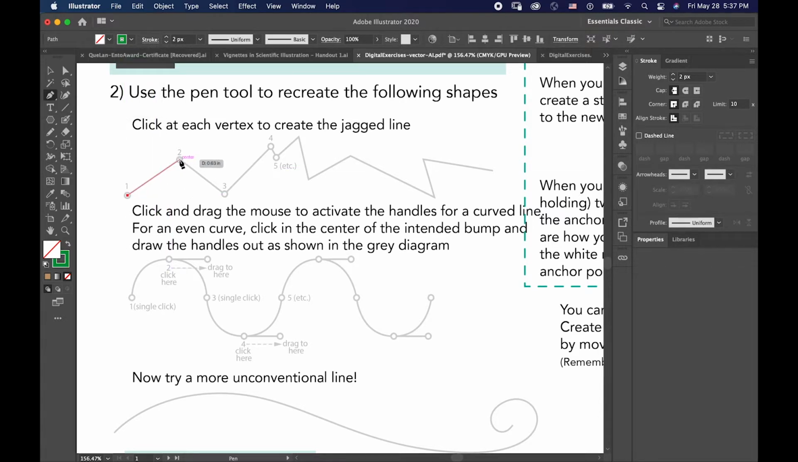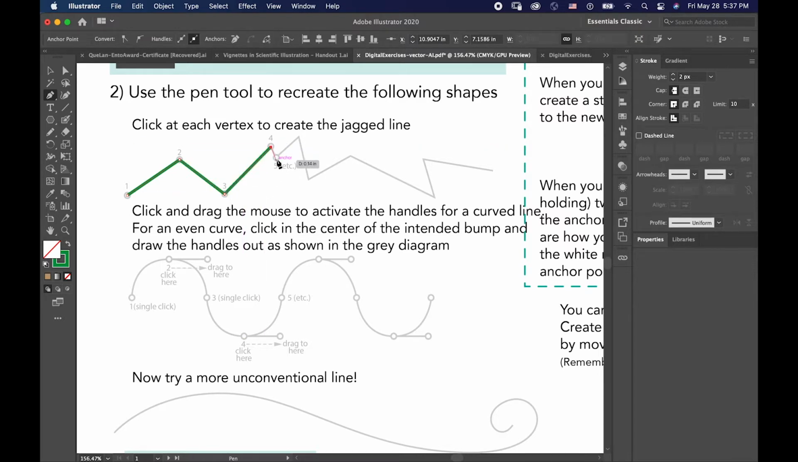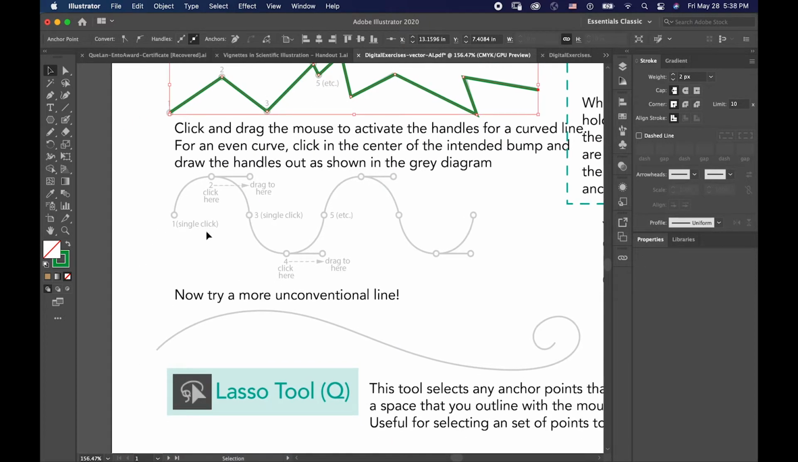So click once, click. I'm not holding or anything, I'm just clicking and moving to recreate this line as a practice, and it's a little bit off, it's fine. And then here, so that's fairly simple. You're just clicking, making straight lines. For this,